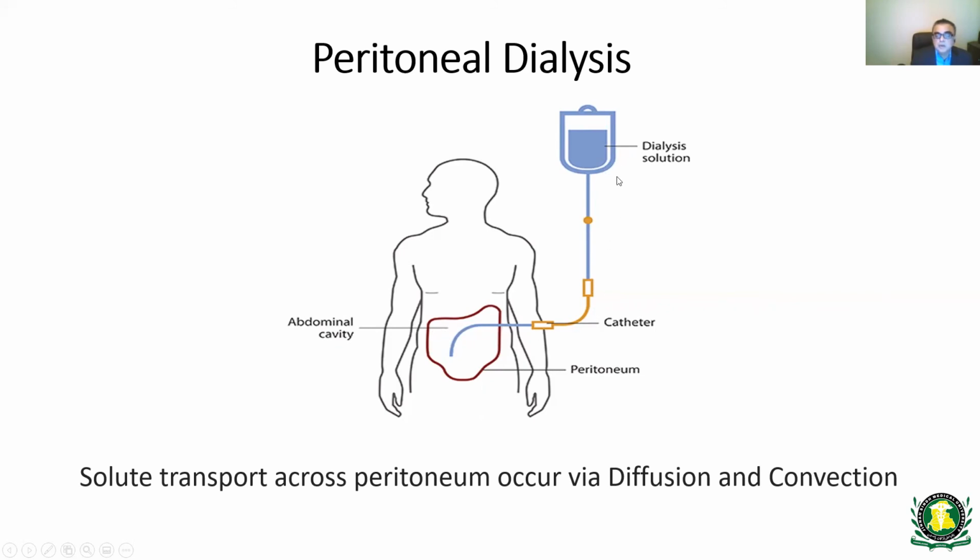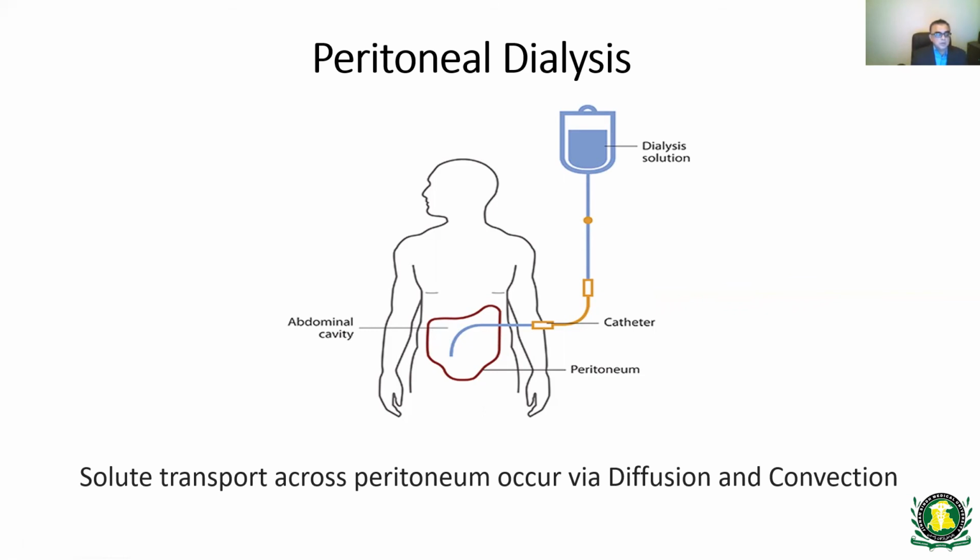When it's time to do the dialysis, these are the special dialysate fluid, which is either dextrose base or non-sugar base, and the tubings are connected to the dialysis catheter. This fluid goes into the abdominal space, in the peritoneal space, and as the fluid touches the peritoneum, there are three barriers: the capillary wall, interstitium, and mesothelial cell layer. Among these three, the capillary wall is the most important barrier, because it has pores, ultra